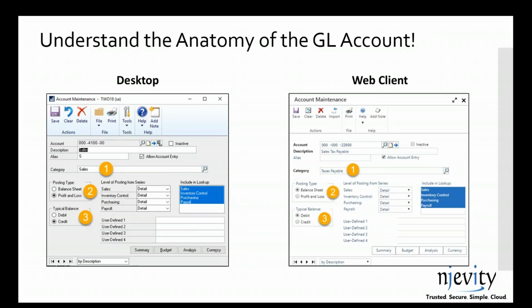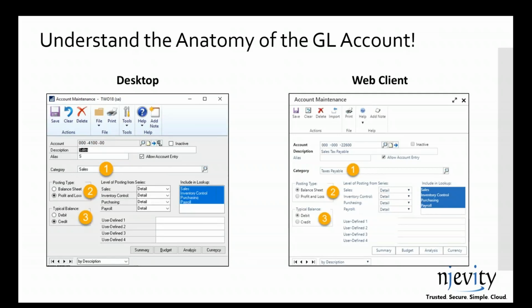And then we also have the typical balance. Now, the typical balance, you guys know from building financial statements, if you've built them in Jet, Management Reporter, Active Reporter, BI 360, whatever you're using, it brings in the balance. And if the balance is a debit balance, then it shows as a positive. And if it's a credit balance, it shows as a negative. That's how, when you're looking at one individual balance number, it distinguishes the difference between the two.